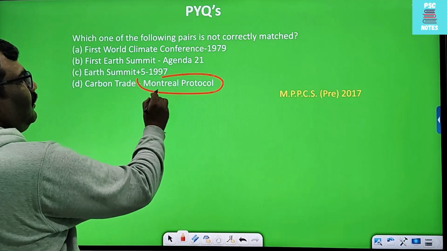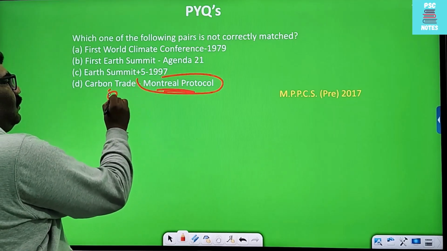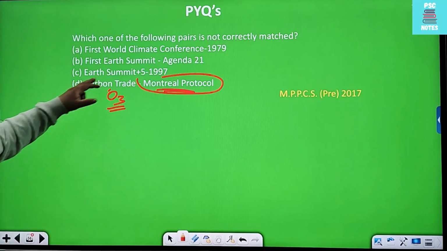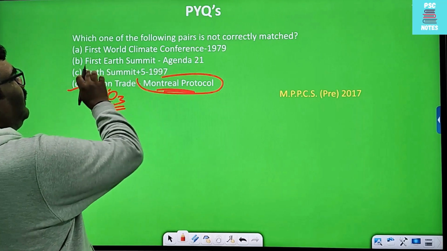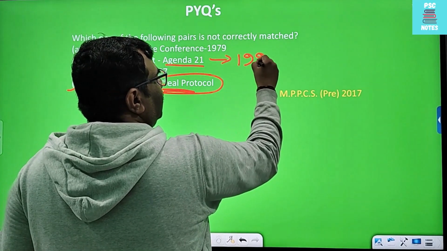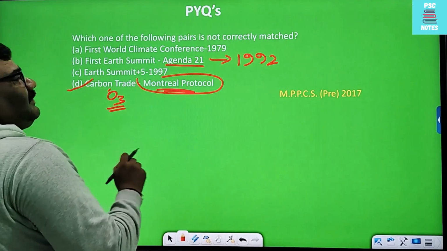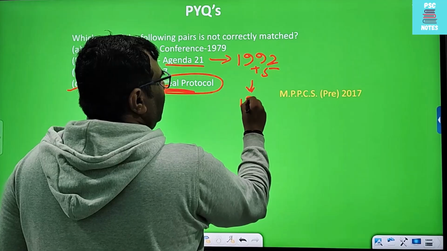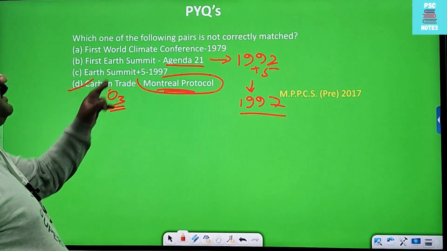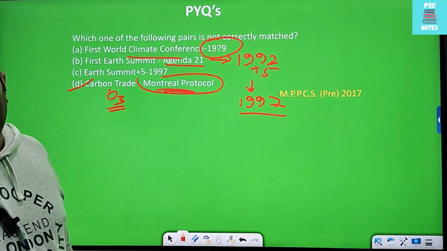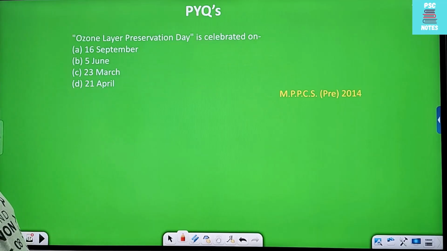Montreal Protocol we know is related to ozone, not carbon trade, ठीक है। तो बाकी अर्थ समिट +5, फर्स्ट अर्थ समिट हुई थी जिसमें एजेंडा 21 दिया था, इट वाज हैपेंड इन ईयर 1992, ठीक है। अर्थ समिट +5, 5 साल बाद हुई, इट इज इन द ईयर 1997, ठीक है। फर्स्ट वर्ल्ड क्लाइमेट कॉन्फ्रेंस इंपॉर्टेंट है, ईयर 1979।